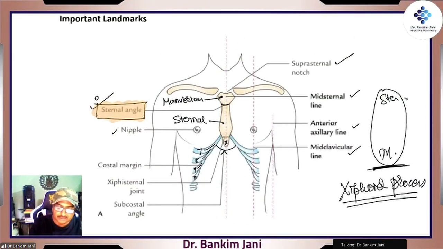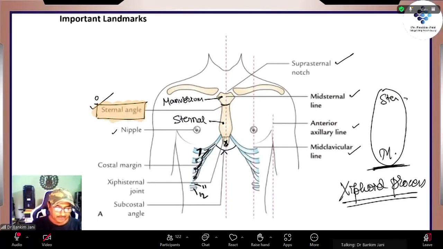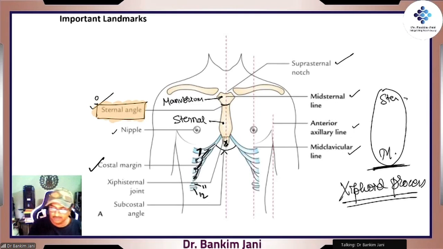So here it is. That's the sternum. This is the xiphoid process. Right? This one is the xiphoid process. And here are the up to vertebra number, rib number 7. They are the 2 ribs, 8, 9, and 10. That's how they are landing. And here it is the rib number 11, rib number 12. They are floating ribs. And that is collectively the whole thing is called as the costal margin.